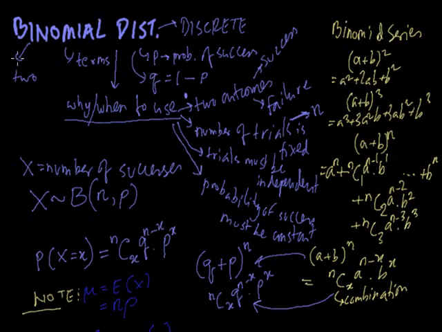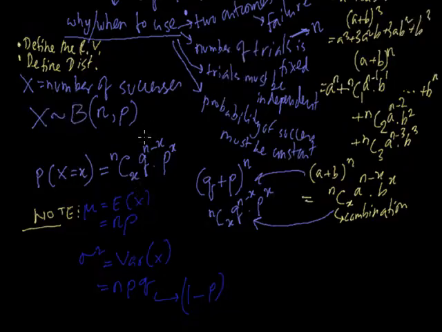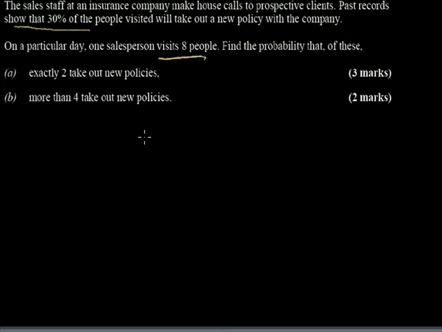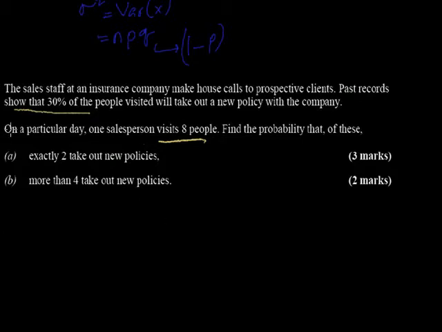So we know in a binomial distribution, the first thing we have to do is define the random variable, which is the number of successes. After that, you have to define the distribution, the binomial distribution, and then you find the probability. So here let's start with the sum. Before starting it, we have an idea that